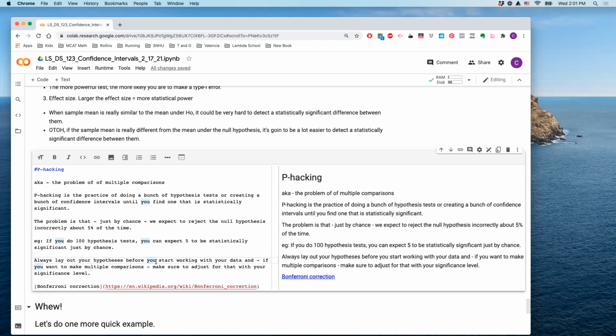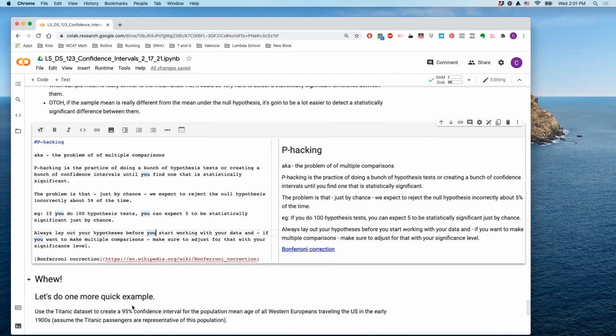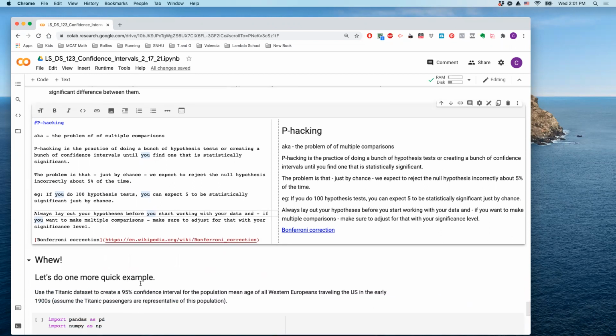And so this is why we talk about how you always want to lay out your hypotheses before you start working. It's okay to have more than one hypothesis test you want to run, but you have to lay out everything beforehand. And there are also ways to account for wanting to make multiple comparisons. One example is the Bonferroni correction. There are also 2 similar corrections that were created by 2 other statisticians, John Tukey and somebody Scheffé. I can only ever remember his last name, Scheffé. They all basically work the same way.